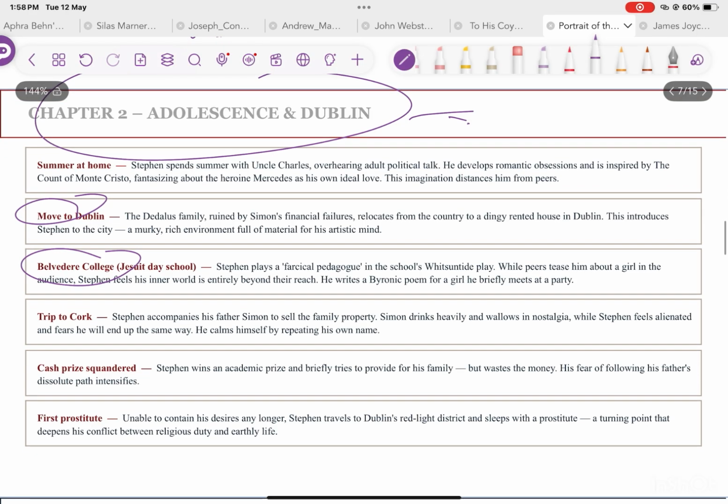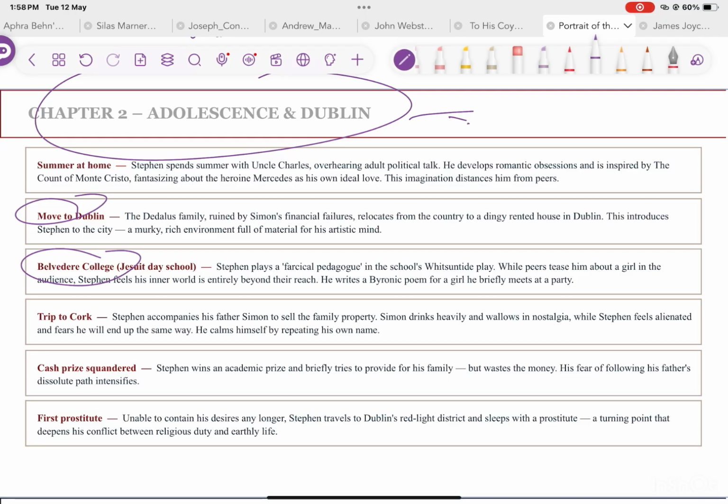So Stephen now travels to Cork, accompanied by his father. And they wanted to sell their family property, and both experience the journey very differently. And Stephen, what does he do? He spends most of the time